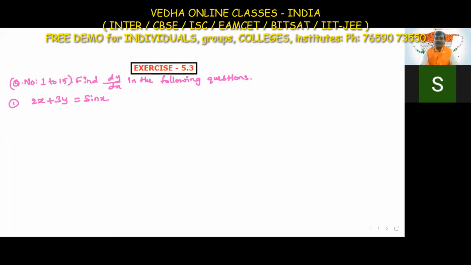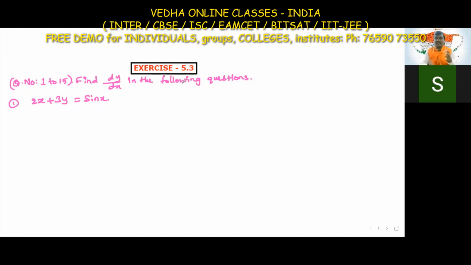So here, exercise 5.3. In this exercise 5.3, question number 1 to 15, find the dy by dx in the following questions. Okay, we are going to find the dy by dx. From all the questions from 1 to 15, in a few questions we apply the substitution method, and for a few more questions,